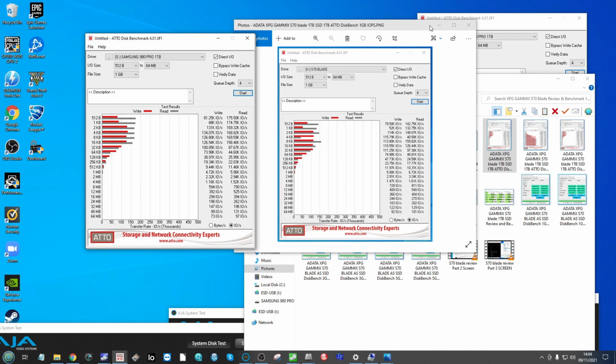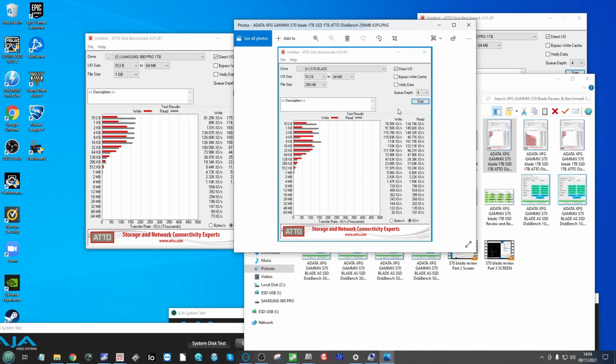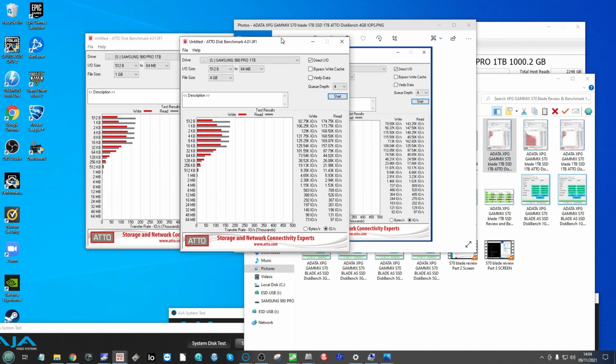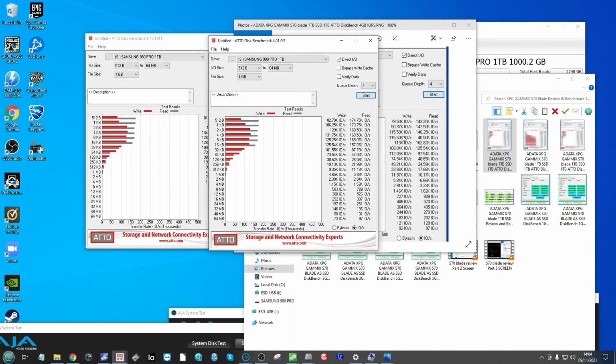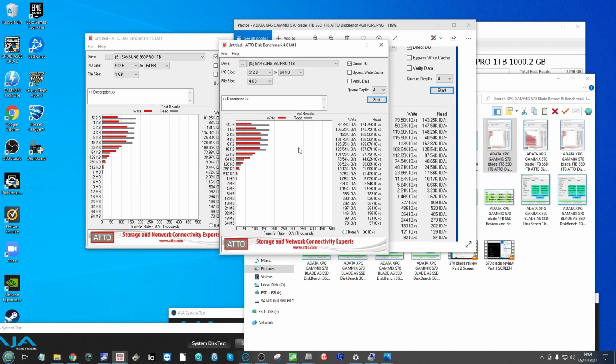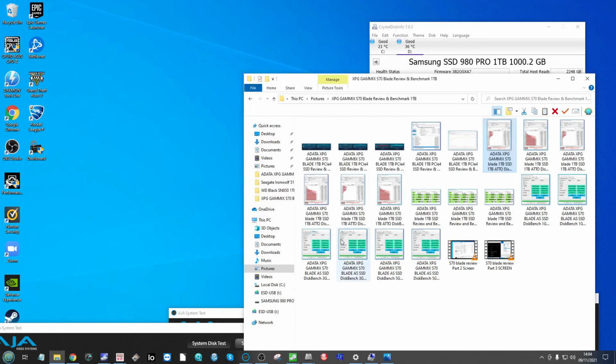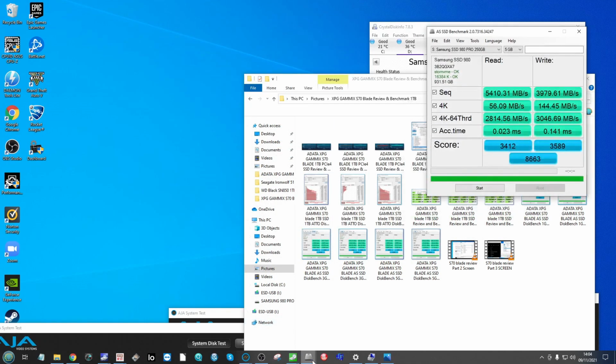The Samsung still does an incredible job in terms of overall I/O performance there at the top, and that does extend all the way down to the biggest and largest file sizes as well. So if we look at the 4 gig, we can see between the two of them that the performance on the ADATA Gammix paled in IOPS at this same file size and I/O level compared with that of the Samsung 980 Pro. So coming away from ATTO, we can make our way into the SSD benchmark, again